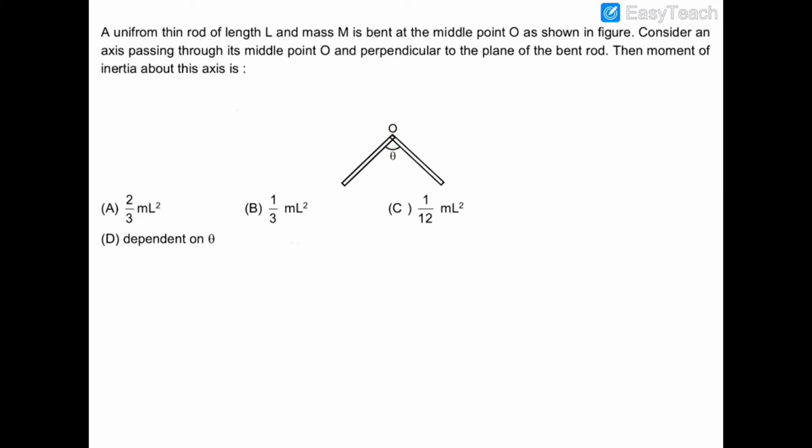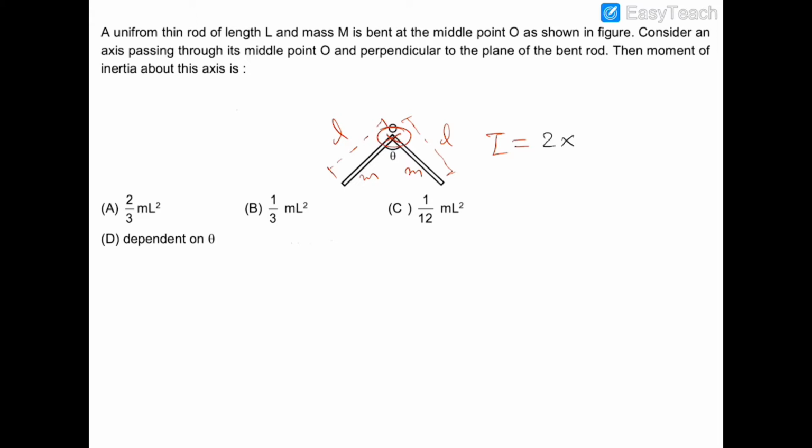So we have to find out the moment of inertia of this system about this axis, which is passing through this joint and which is also perpendicular to the plane. So I am marking this axis. So this is the axis. Now we know that if the length of this small rod is small l and this rod is L, and if mass is M and M, then the total moment of inertia of these two rods about this axis is